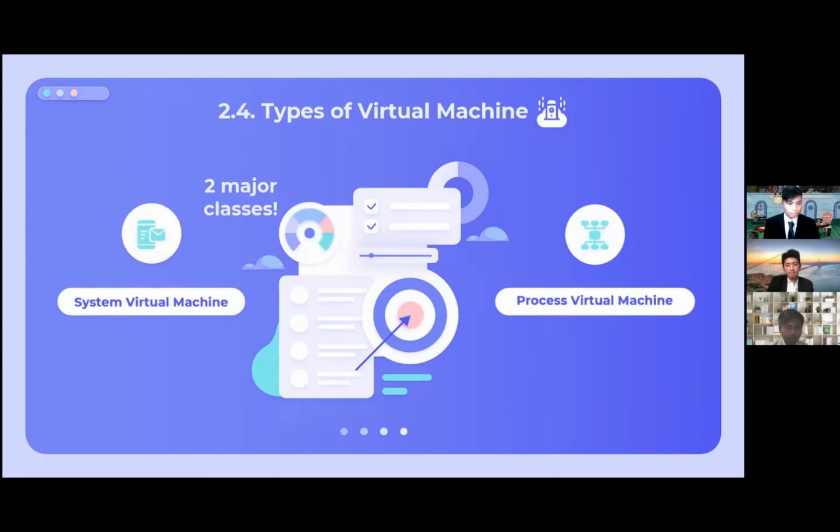And process virtual machine. The process virtual machine is also called a language virtual machine or an application virtual machine or managed runtime environment. Process virtual machine is a software simulation of a computer system. It provides a runtime environment to execute a single program and supports a single process. The purpose of process virtual machine is to provide a platform independent programming environment that abstracts the details of the underlying hardware or operating system and allows a program to execute in the same way on any platform.